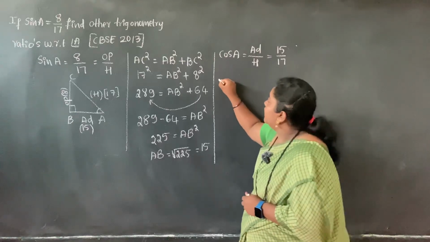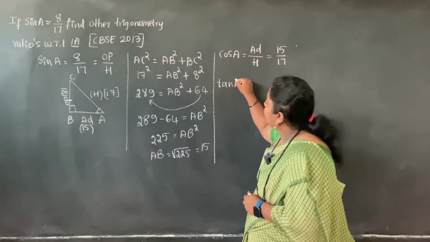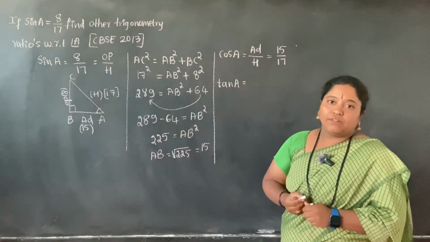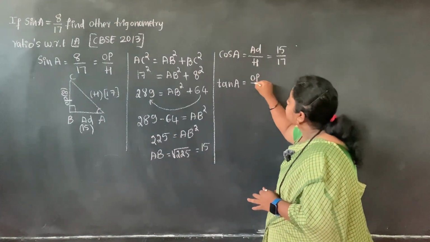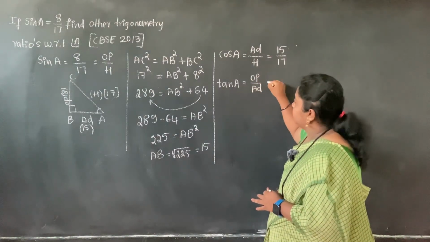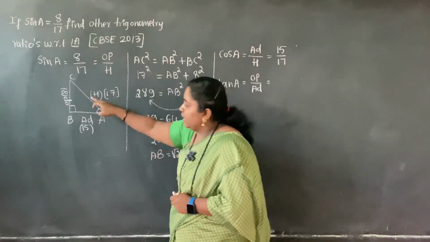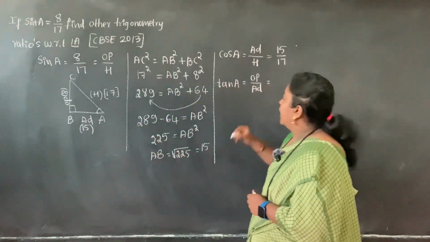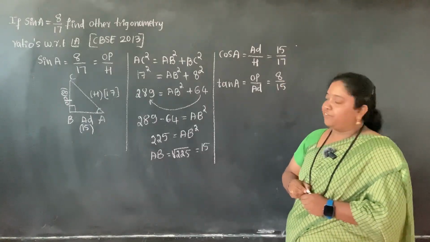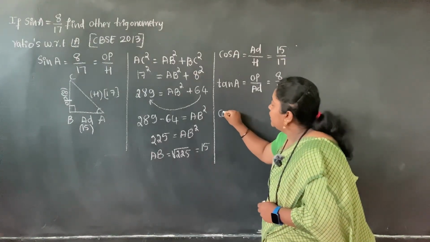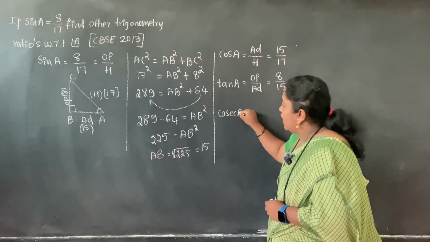And after that, let me calculate tan A. Quickly remember the formula with respect to tan A. Tan A is the ratio of opposite side to adjacent side, isn't it? Opposite is 8, adjacent is 15. So I'll be having here 8 by 15. Now let me calculate cosec A, and I told you